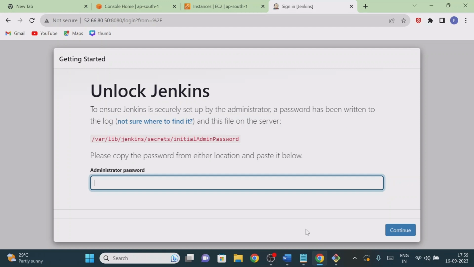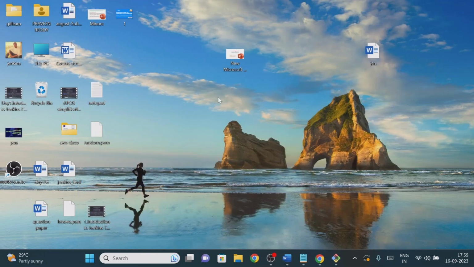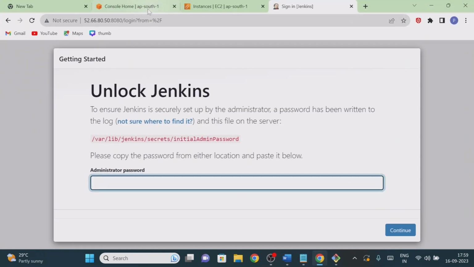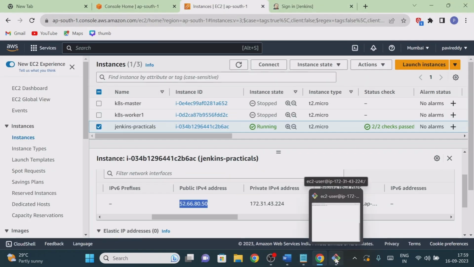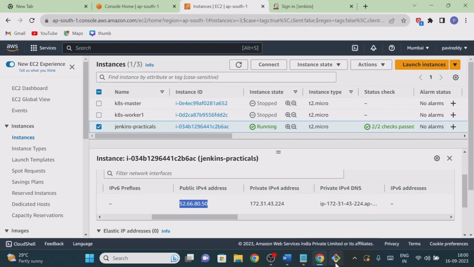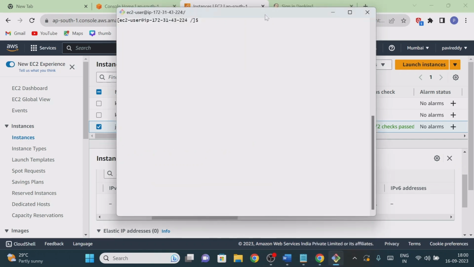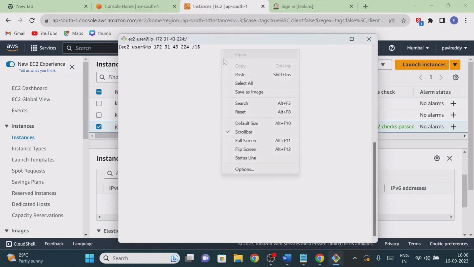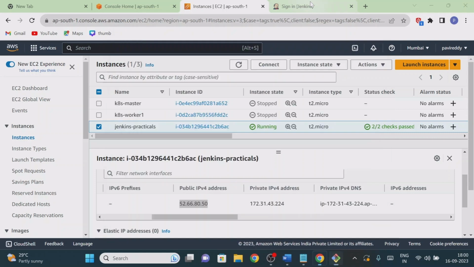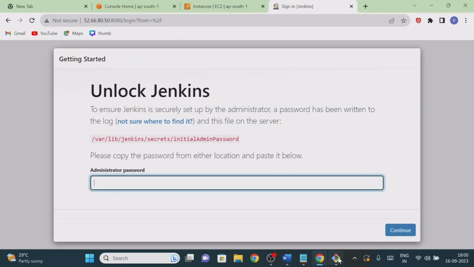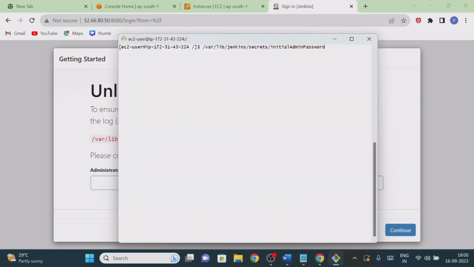Right? Now to connect to this machine, what do we have to use? We are using Git Bash, right? If you want to connect to this terminal remotely, we are using Git Bash with the SSH method. Just click on Git Bash. What we are trying to do is paste this command. In this location they told us we have the password. Just copy that password and place it here, so that you can start the Jenkins server. That is the meaning of this.